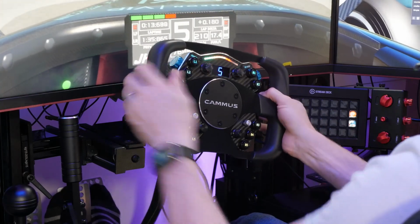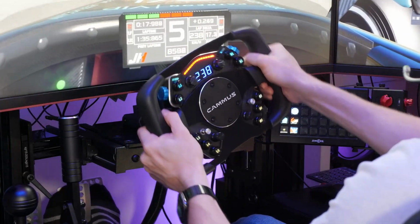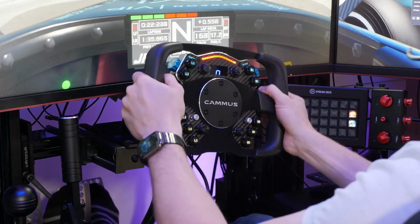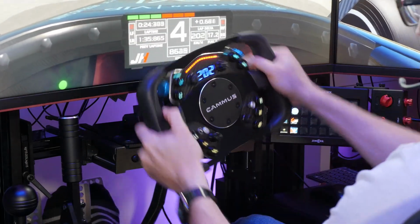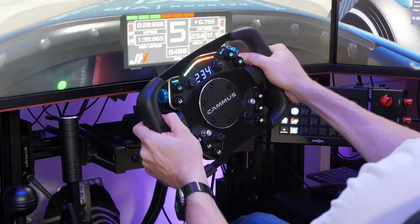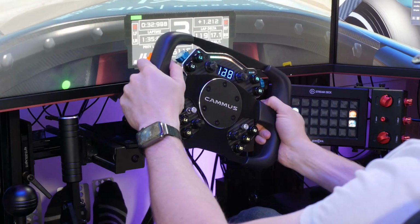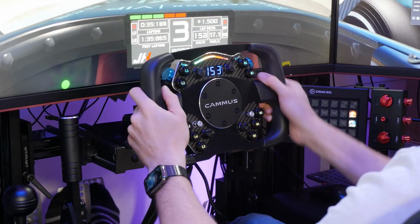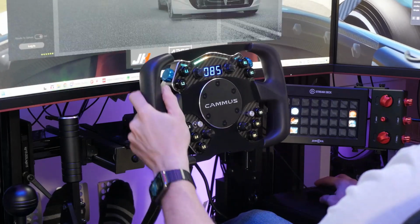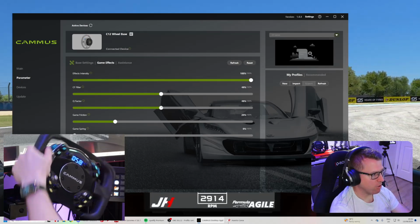Yeah, I don't know. My gut is telling me that this rim mod, I don't know. I don't think it's for me, but it is cool that it's there. But the force feedback is really good. I think out of the box, the settings haven't wowed me the same way the C5 did. So I really need to keep playing with the software to see how, when I put these effects back up,